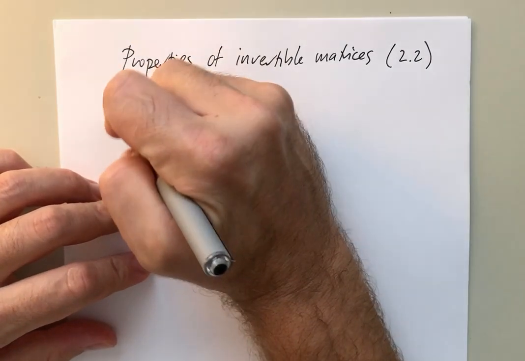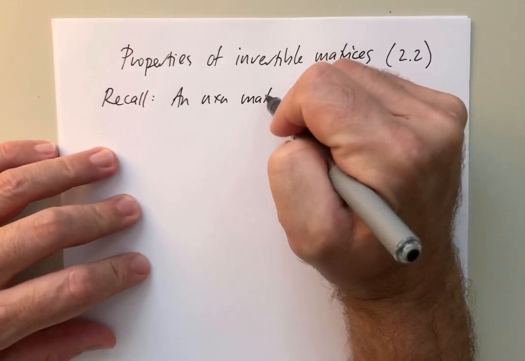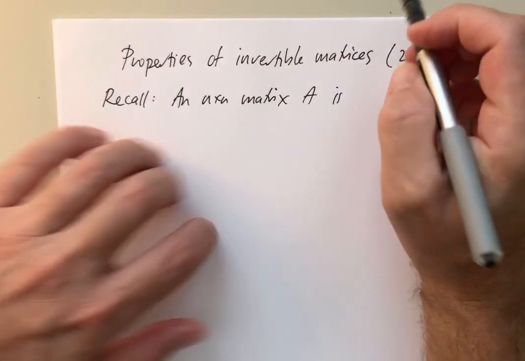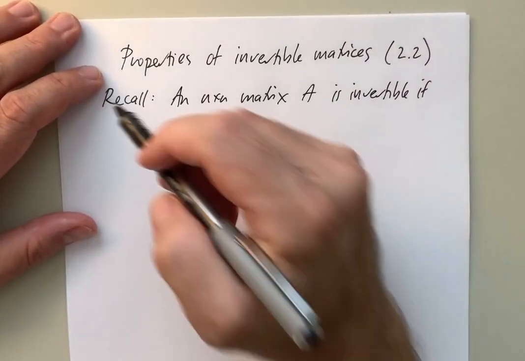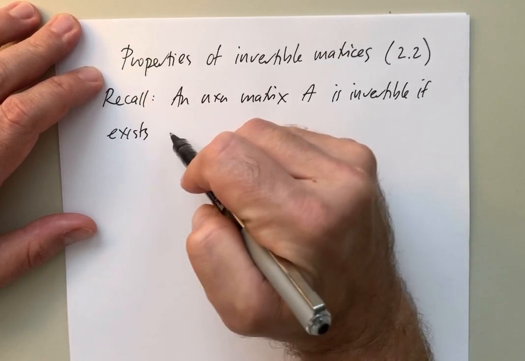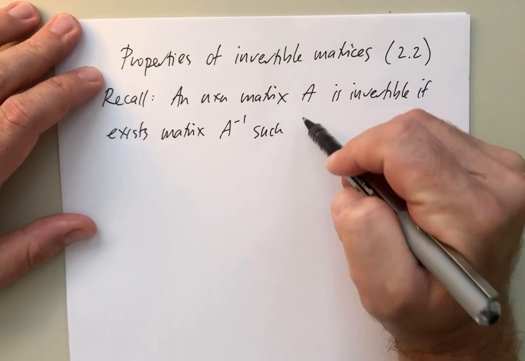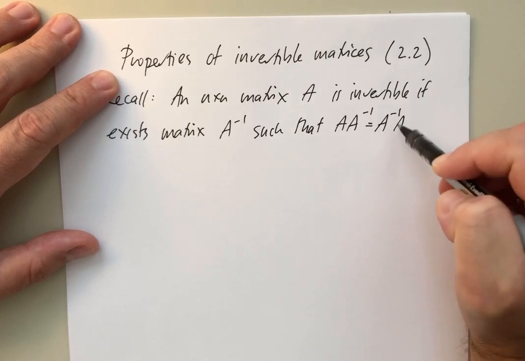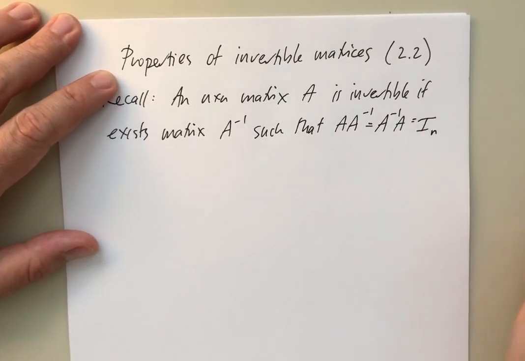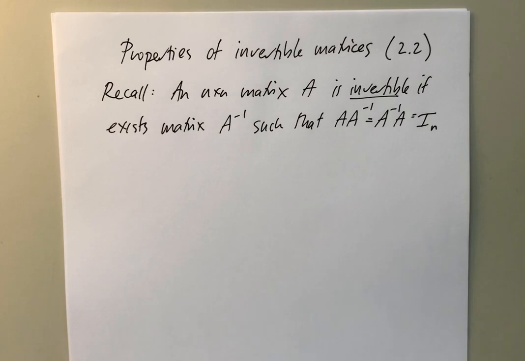Let me just recall our setting here. An n by n matrix A is invertible if there exists an inverse. So there exists a matrix that we call A inverse such that when I multiply A times A inverse, that's the same as A inverse times A, and that gets me I, the identity matrix I_n. Okay, so that was the topic of last lecture, and today we'll talk more about properties of invertible